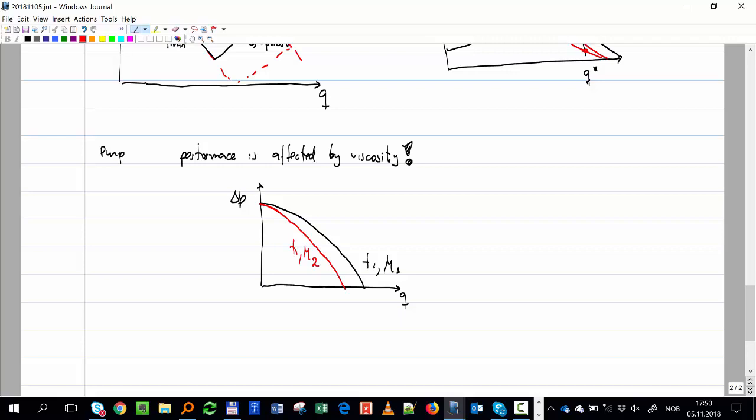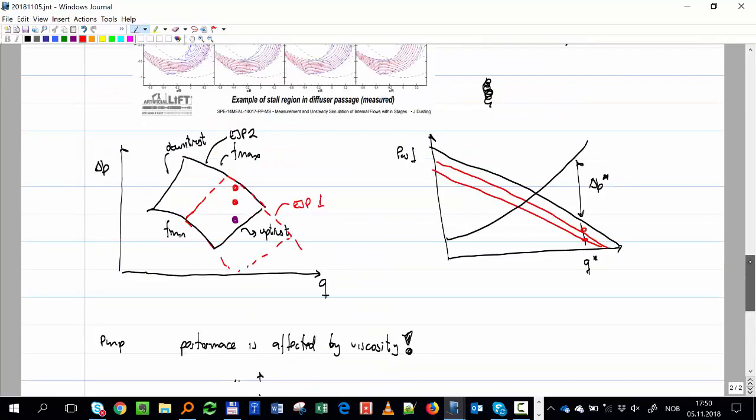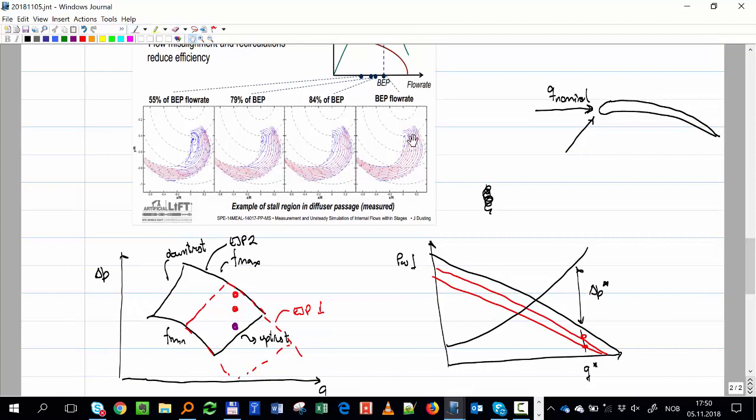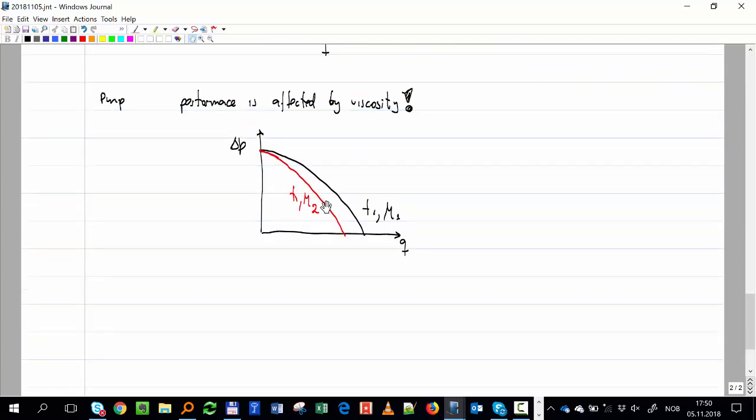And that is just because you have friction losses when the fluid goes around the passages. When it goes through these passages here, it's flowing with high velocity and losing energy to the walls. So when the viscosity is higher, you have more losses and less energy is transferred to the fluid. So you have a decrease in the